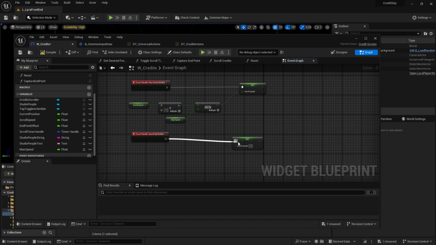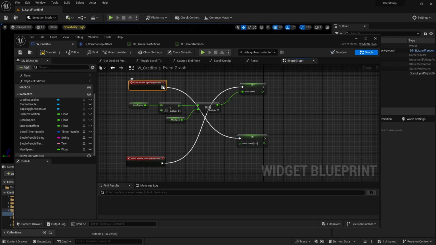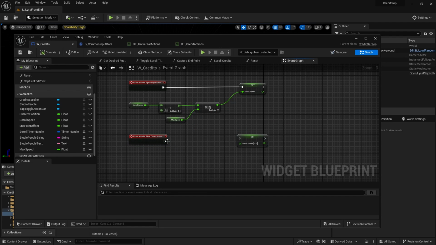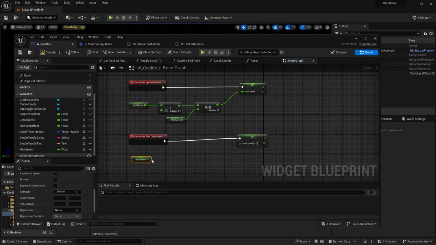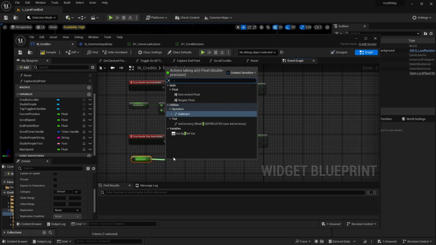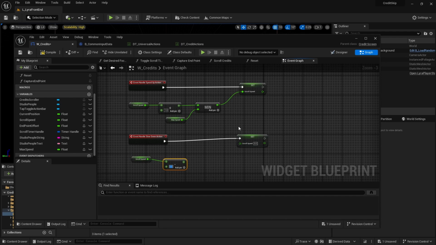Let's do something similar for the speed up. Oh, actually, I've messed these up. Okay, so speed up adds to it, slow down slows it down. Okay, so your scroll speed minus 1.